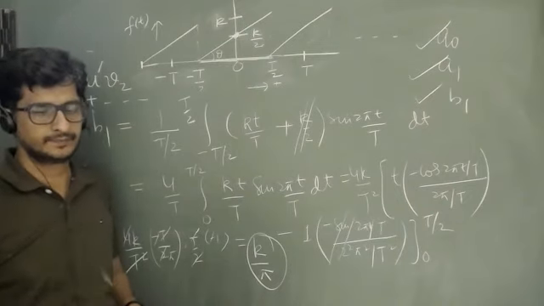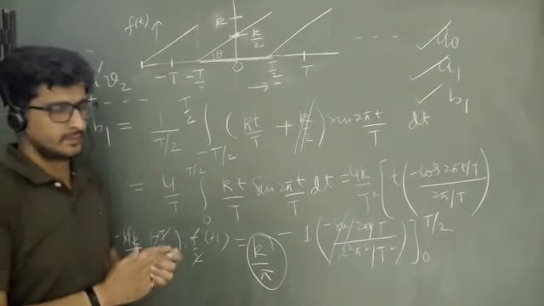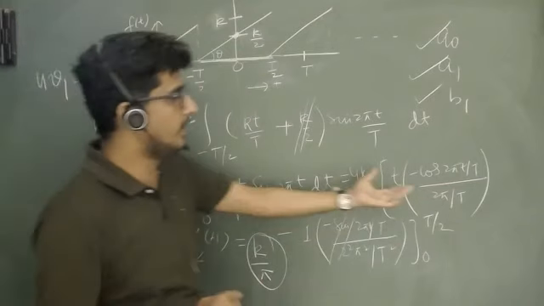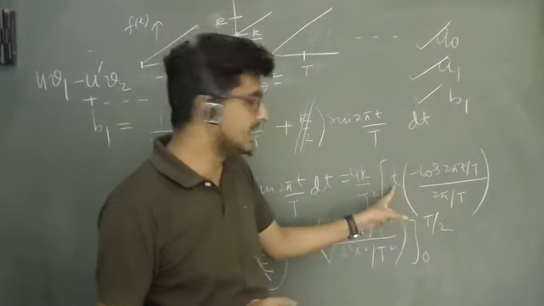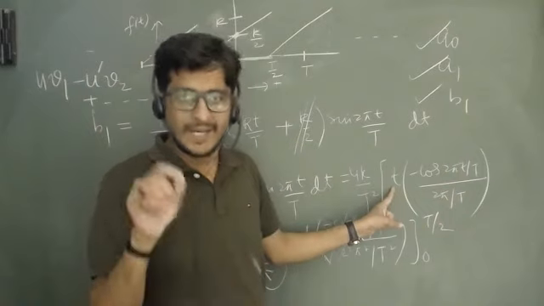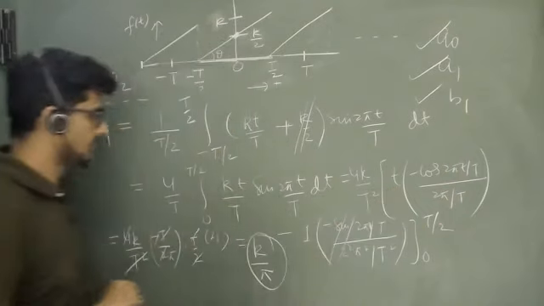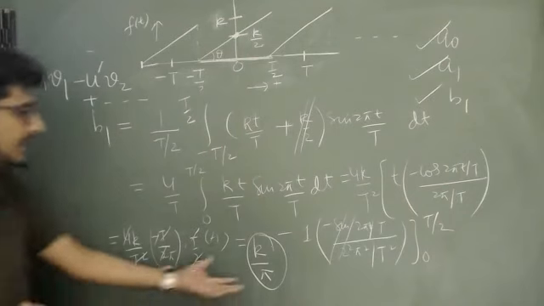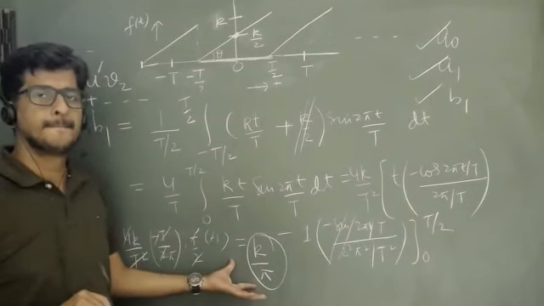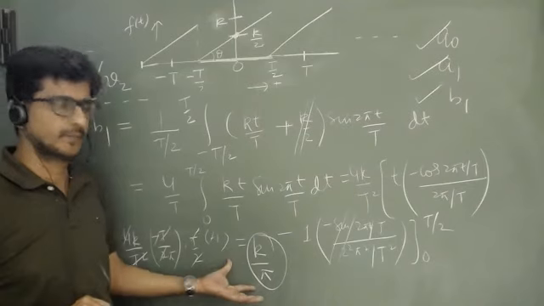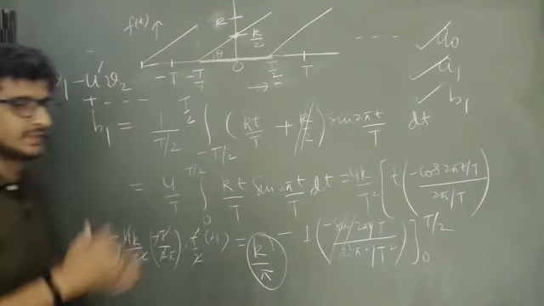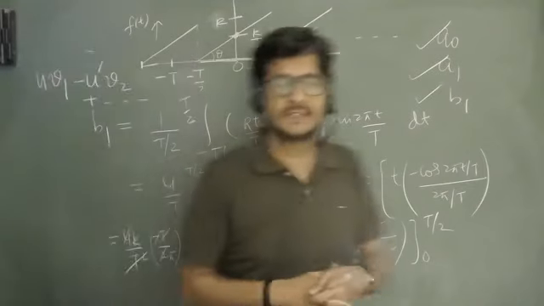ठीक है? So lower limit will not exist for this term because of this t. ये भी अक्सर छूट जाता है, ये भी एक important mistake है जो lower limit रखने में हो जाती है. Okay, so you have to be careful. सबका आ रहा है ना k by pi? Yes sir. Okay. So थोड़ा सा comfortable हो गए फूरियर सीरीज में?